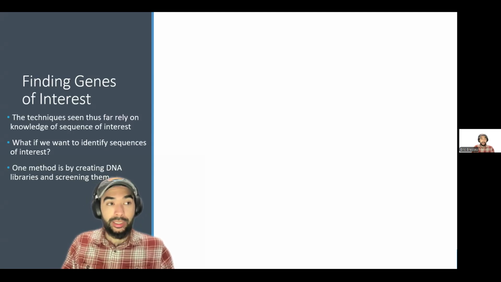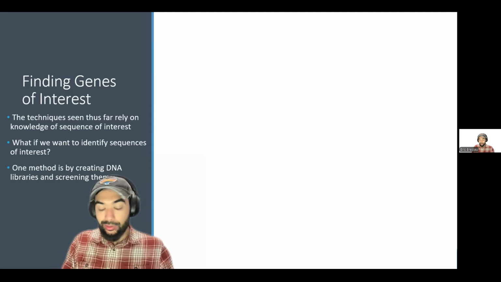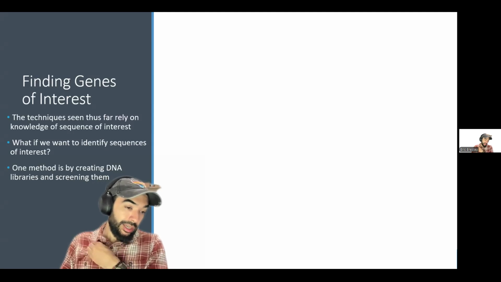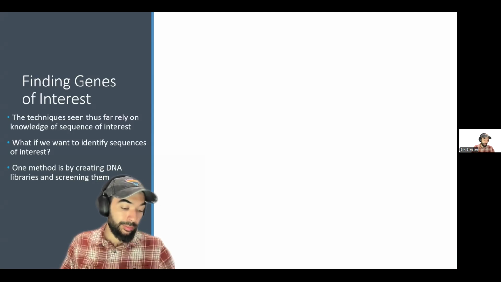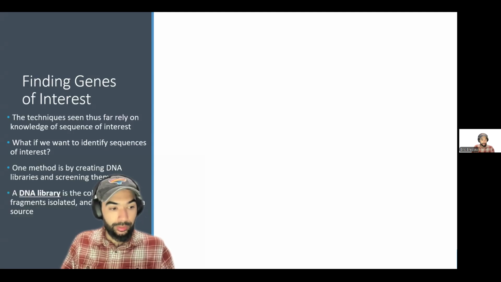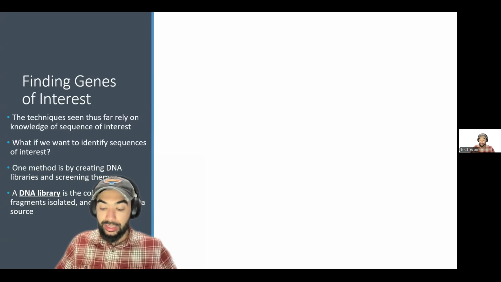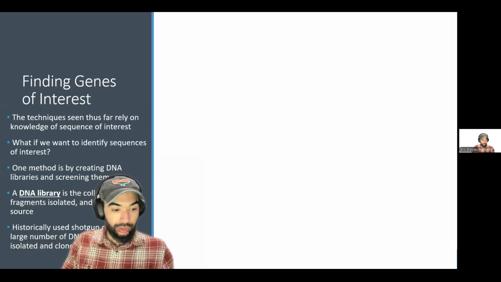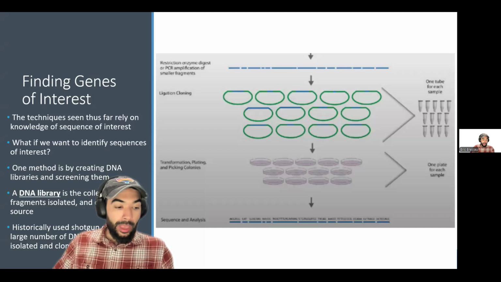The oldest probably is creating what we call a DNA library. This I'll go over briefly. It's still a thing because it's a precursor in some other techniques, but otherwise, as a standalone, I would say it's much less common or gone out of vogue. Basically, a DNA library is a collection of DNA fragments that encompass the entire genome of an organism. What I mean by that, I guess we should just bring up the image, is that